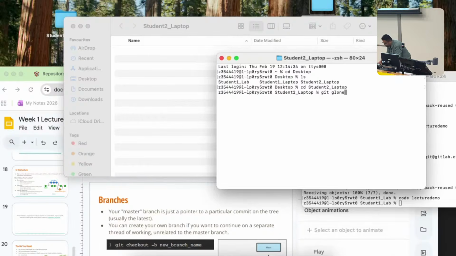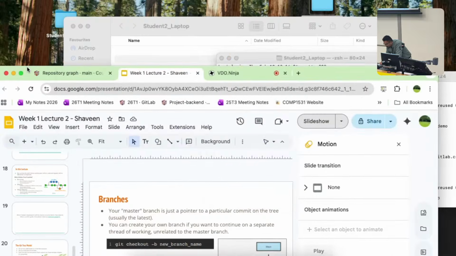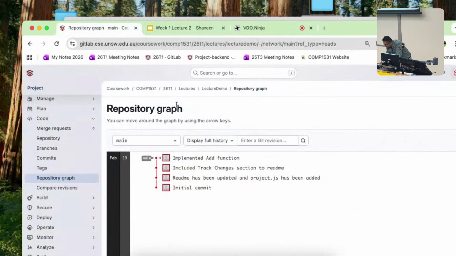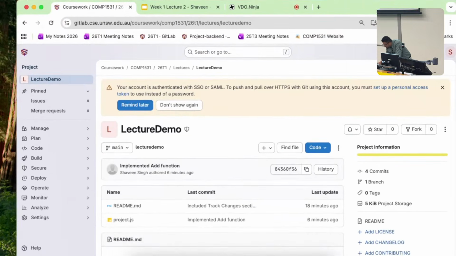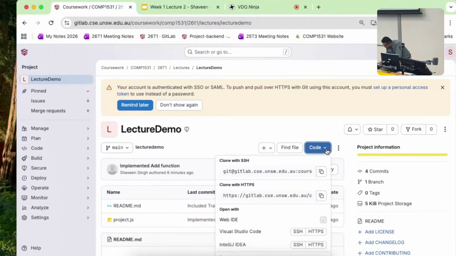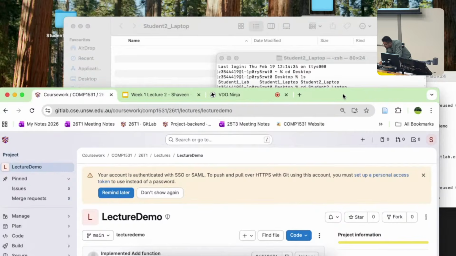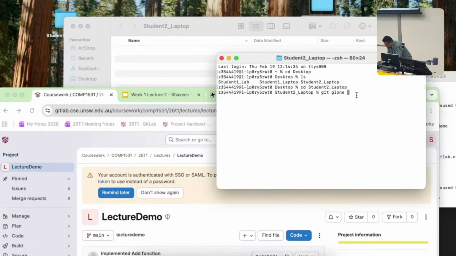They want to have the most recent version, because you have already done your part, which is created the add functionality. Maybe their task is to create the multiplication functionality, right? So we'll get the SSH option from there, paste that, so git clone,